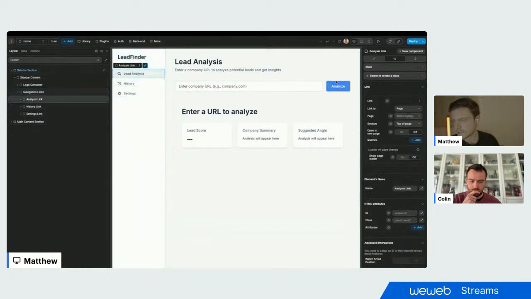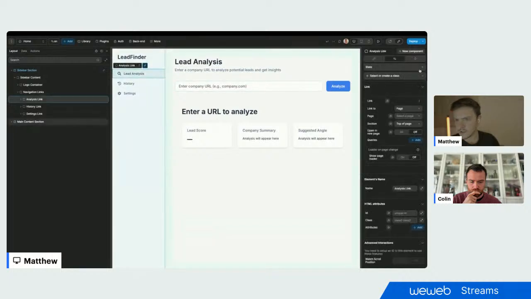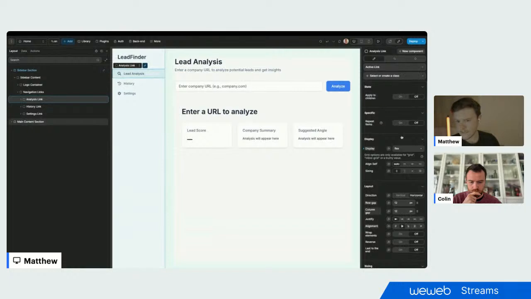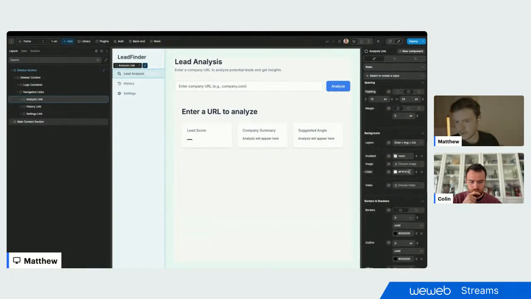I can see there's some different states on them. Let's check what hover states they've applied. Cool, so we've got hover states. I will also add in an active state to each of these. So we will add an active link. What's the default styling on this one? I've got this, I will copy this across